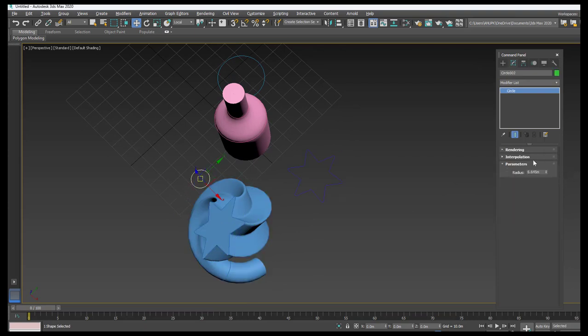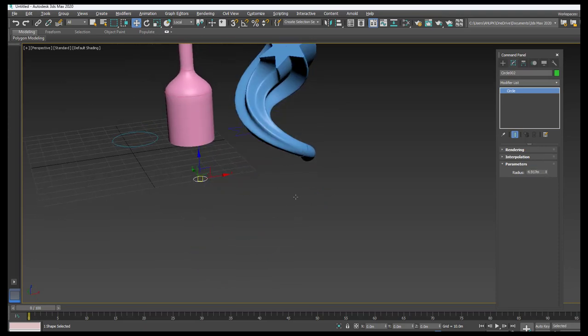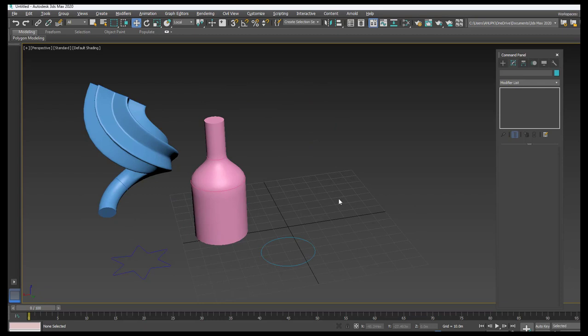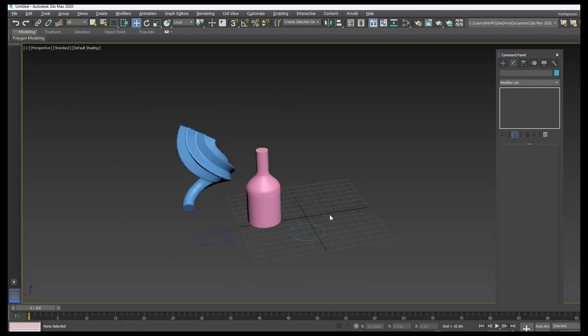If you make any changes in the particular geometry, that is affecting both the loft geometry, as you can see because of the instance. If you don't want that, then you can go with the copy option while creating the shape. So this is how you work with the particular shape by using the loft.